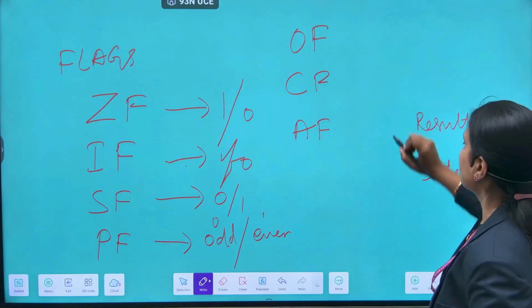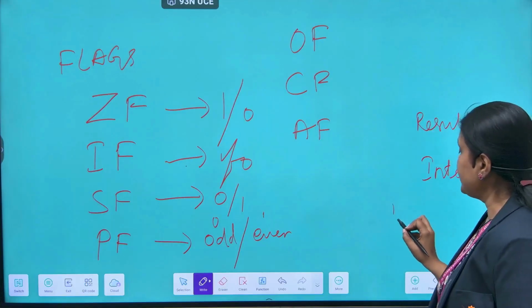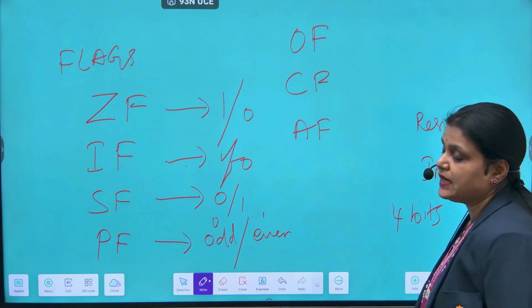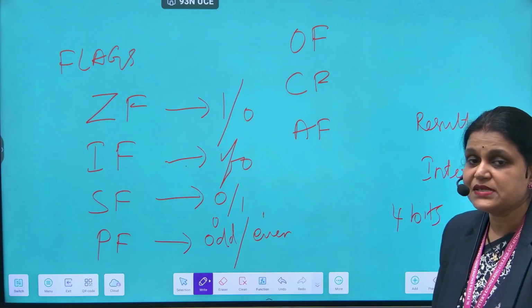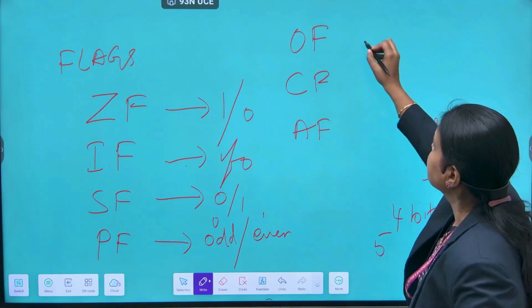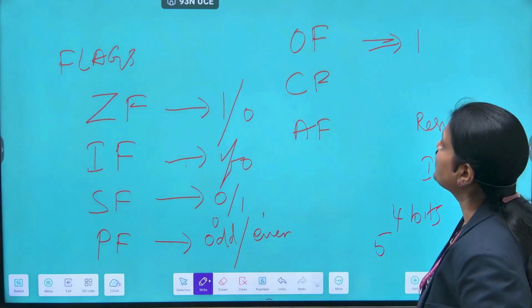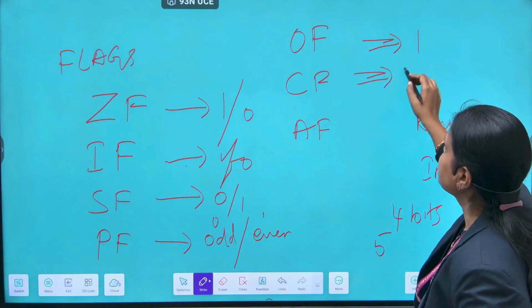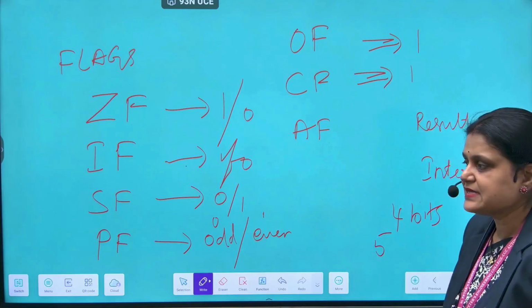Overflow flag: suppose I am working on 4-bit numbers. Suppose I am adding or multiplying 4-bit numbers and the result produced is of 5 bits. Then the overflow flag is set to 1. Carry flag: if a carry is produced, it is set to 1. Auxiliary flag is nothing but,